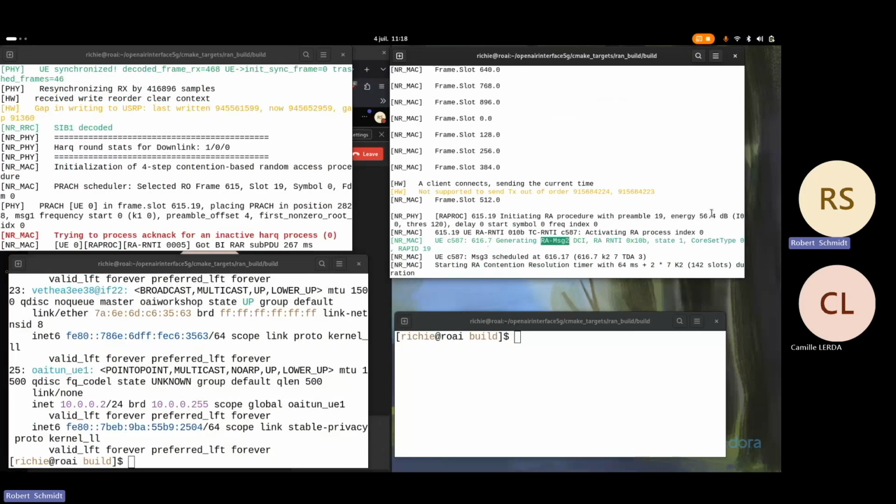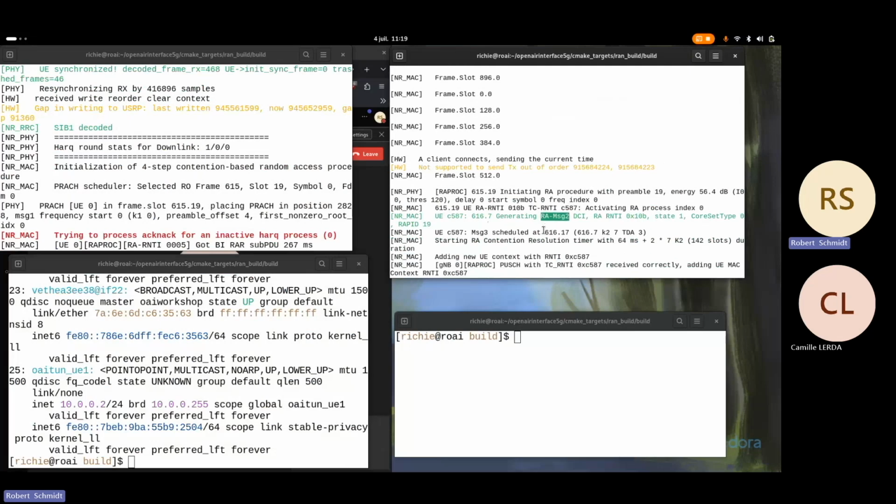Sometimes it's also noise. So you, for example, would typically check that the energy here is high. If it's only like 35, it might be a misdetection and so on. So it sends message 2 and it just says, okay, whatever you may be, I detected you. And inside message 2, it also says where message 3 is to be sent later on. Okay, so we send message 2 in downlink, and it says to whatever UE this was, you can now send further information down the line in message 3 at